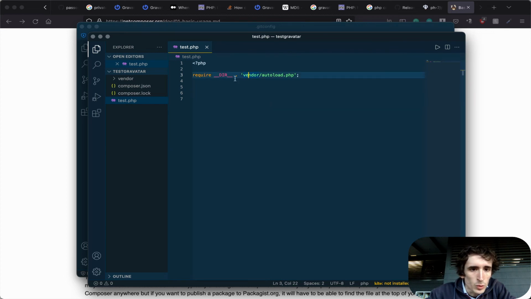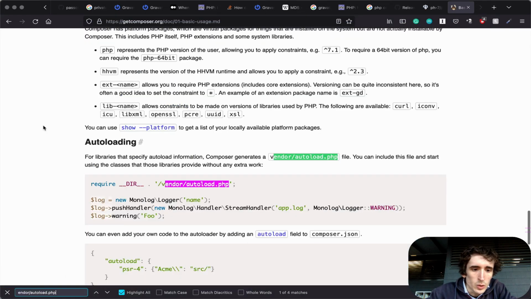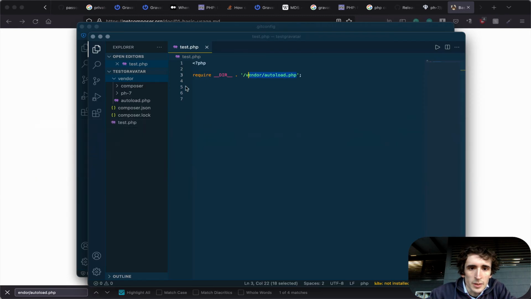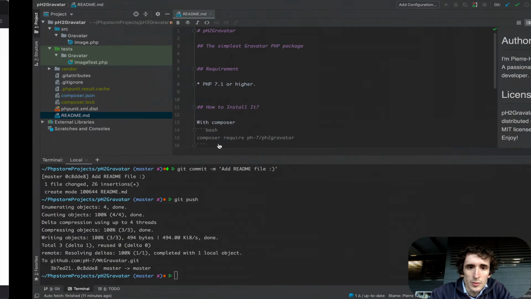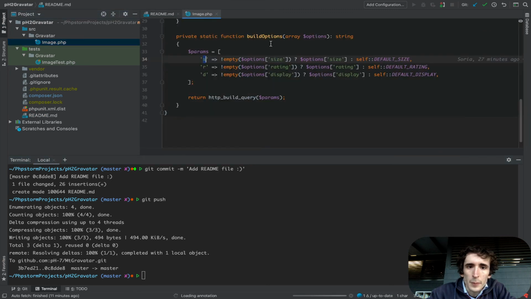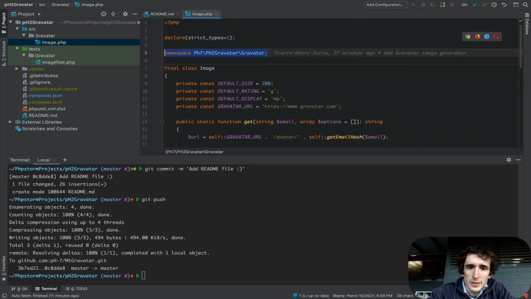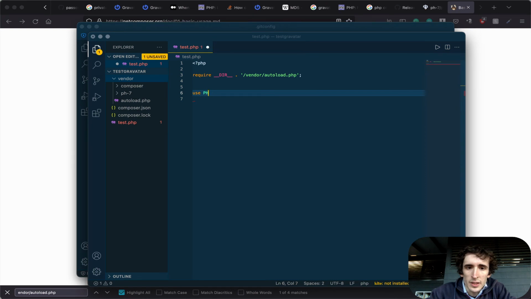I will just have a look. Vendor, that's correct. Here I need a slash because it doesn't use a slash by default. And auto, yeah, so that's correct. So if you look on the internet, you will find the same. You see, it's the same. And now we can actually use our class. So we just import the namespace. The namespace, if you remember, it was ph7, ph2 Gravatar, and then it's Gravatar. And then we just use